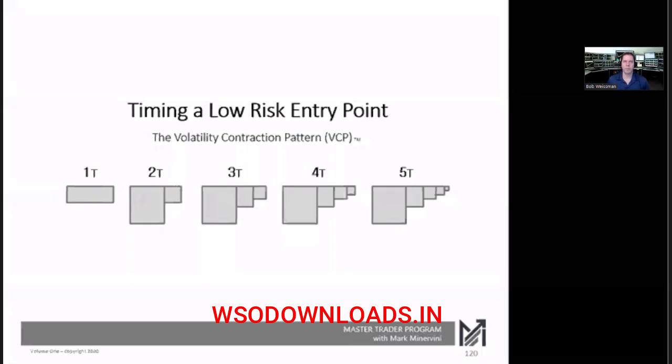We'll be getting started with the first section on page 120 of your workbook, low risk entry